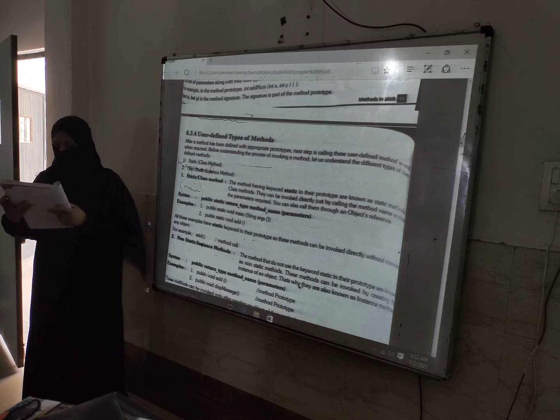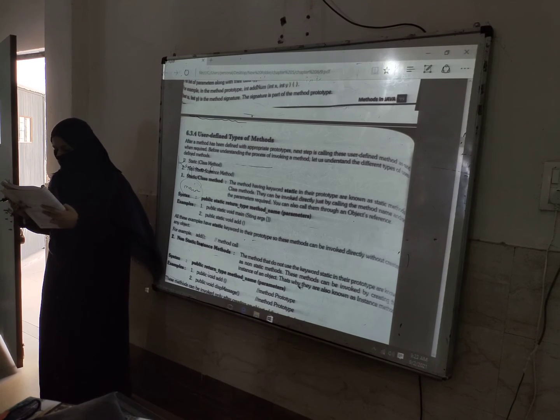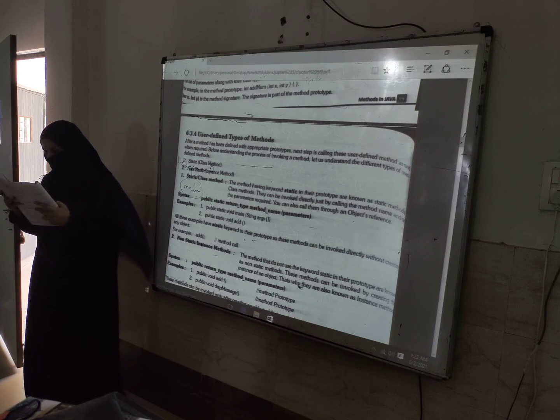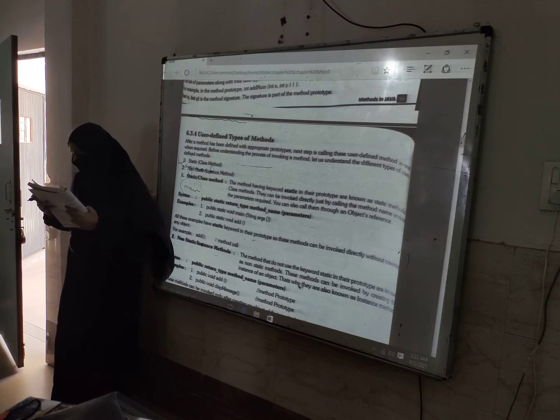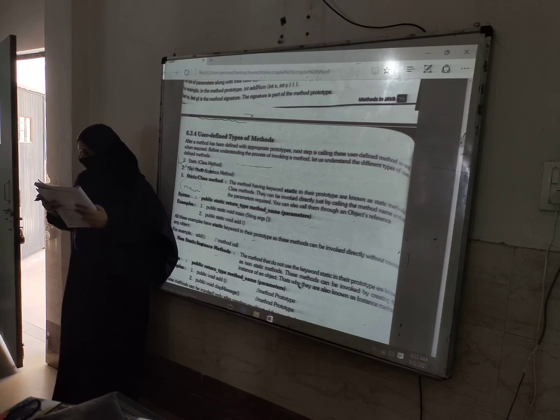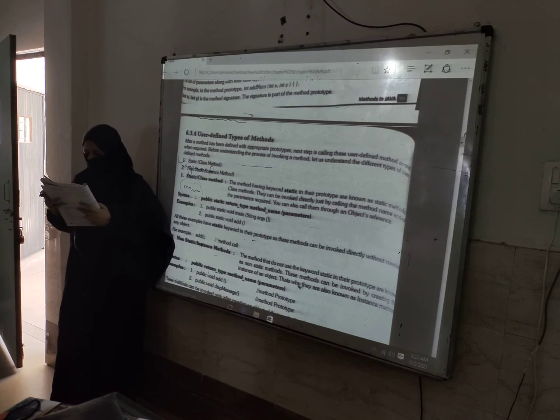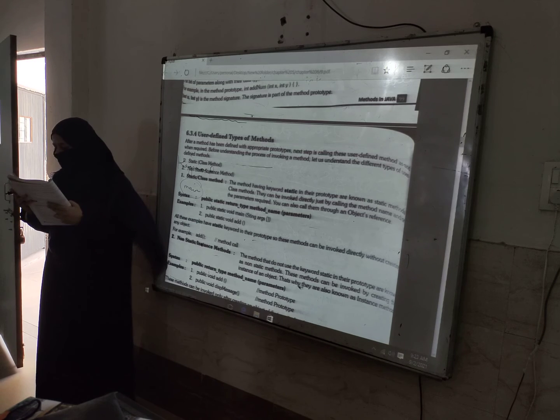Open page number 45 and read the definition of keywords. Keywords are a predefined set of words that have special meanings within the compiler. They cannot be used as identifiers in your program, as each one of them is reserved for a special purpose.